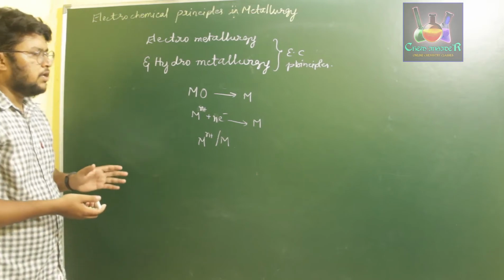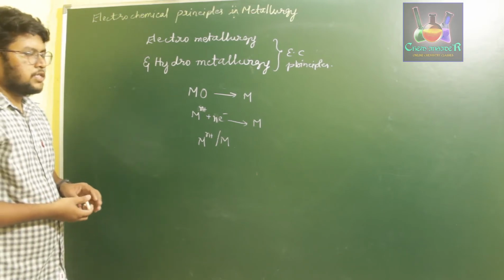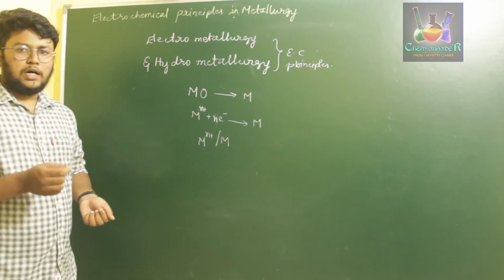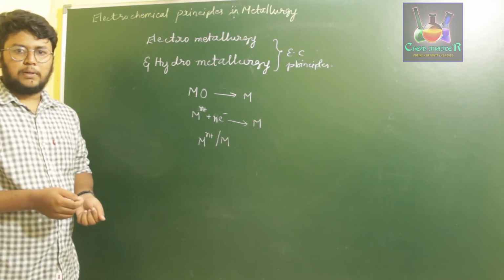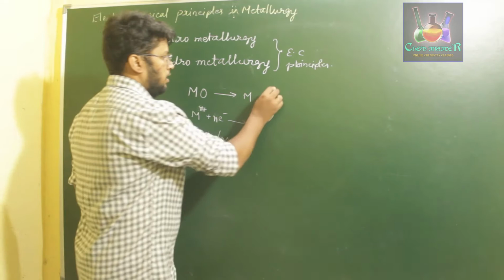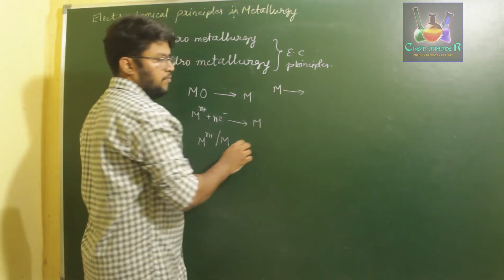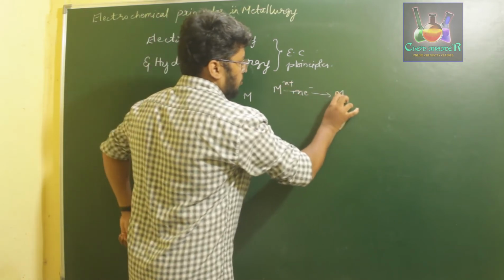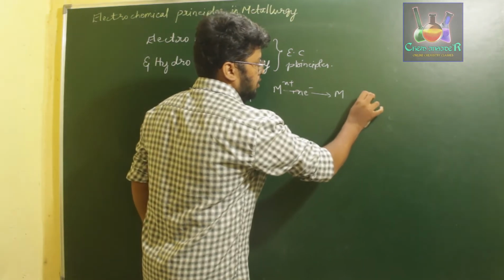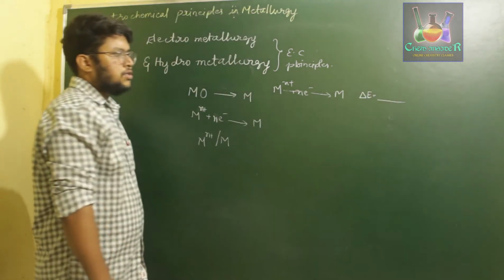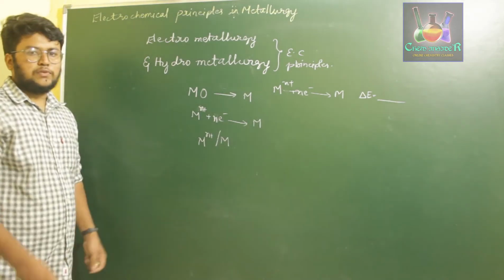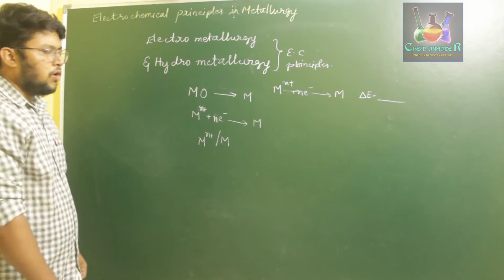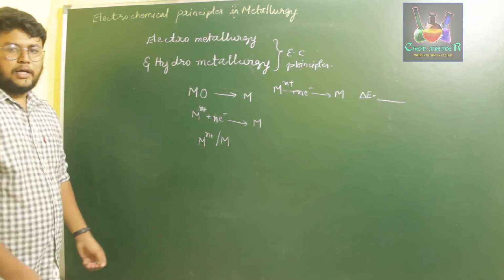In previous chapters, we discussed the electrochemical series in the electrochemistry chapter. In that, we observe that metals are arranged in a particular order of reduction, that is, the metal ion M^n+ gaining some electrons to form its respective metal, and they have a particular electrode potential E of some value. Those electrode potential values are what we are going to use in this electrochemical process of metallurgy. So how is it possible for a metal to get electrolyzed?